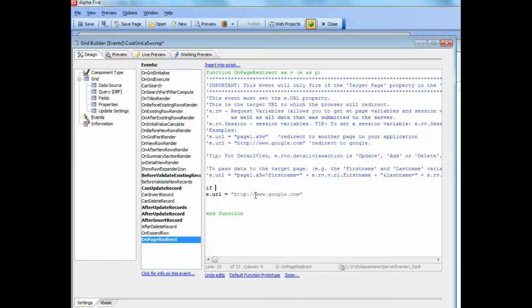And so we'll go here and say if e.rv.row1 last name equals Smith, then go to Google, otherwise